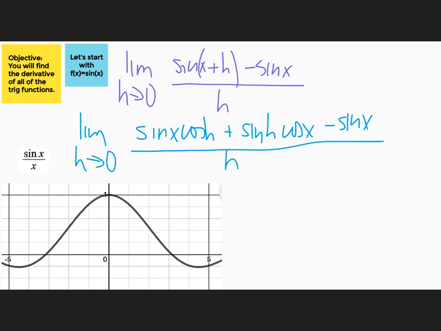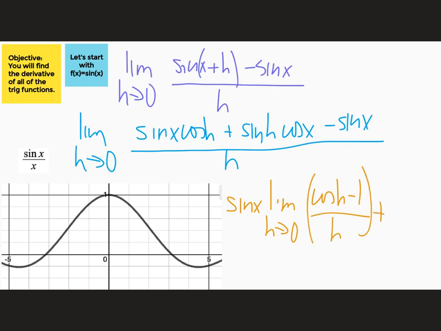Well, let's see. You may not have an idea what to do. Look for things that look alike. So if I look here, and I look here, I see a sine of x. So let's slam those together, but pull out the sine x. So sine of x, limit as h goes to 0, cosine h minus 1 over h, plus the limit,